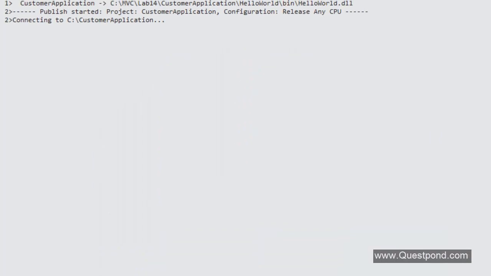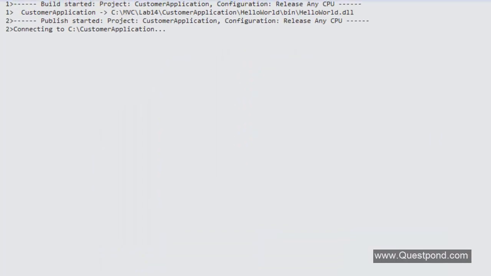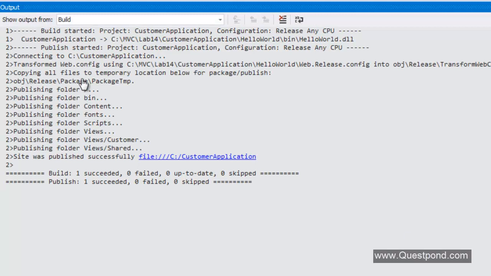You can see, it compiles it and publishes the necessary DLLs and the views to the customer application folder. So you can see the whole process here. He says that okay, I published the bin folder with the DLLs, I published the fonts, I published the scripts, your JavaScripts, jQuery, etc. I published the views, I published the shared views as well as the customer views. So if I go to my